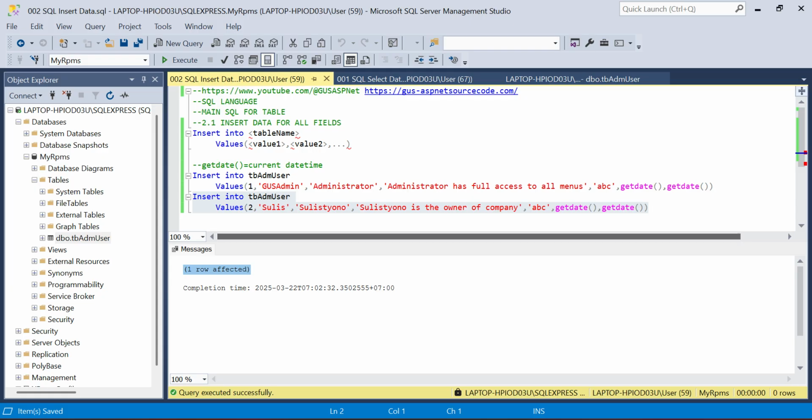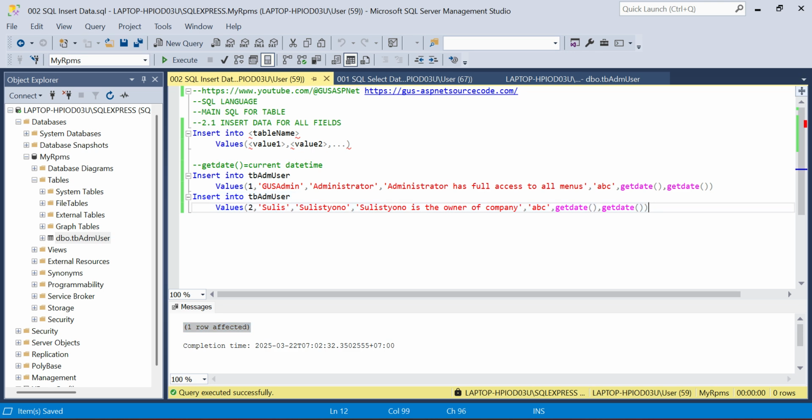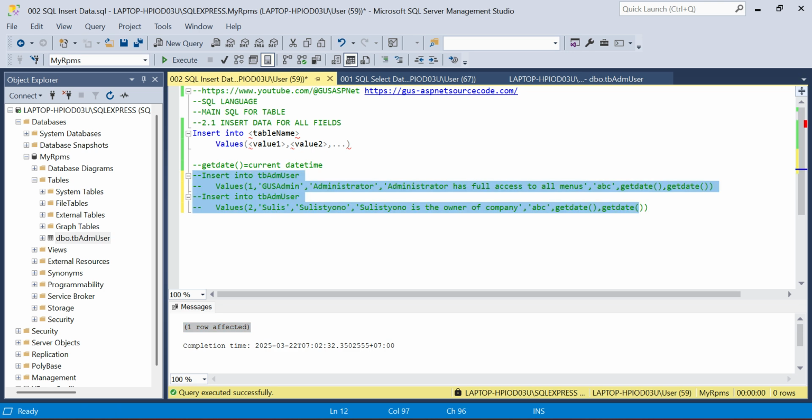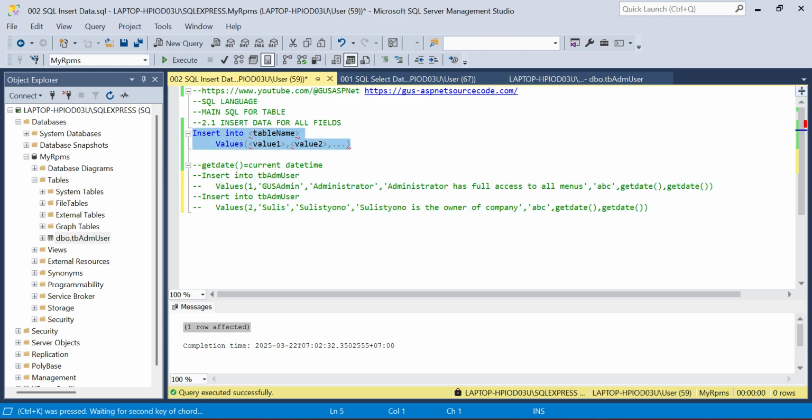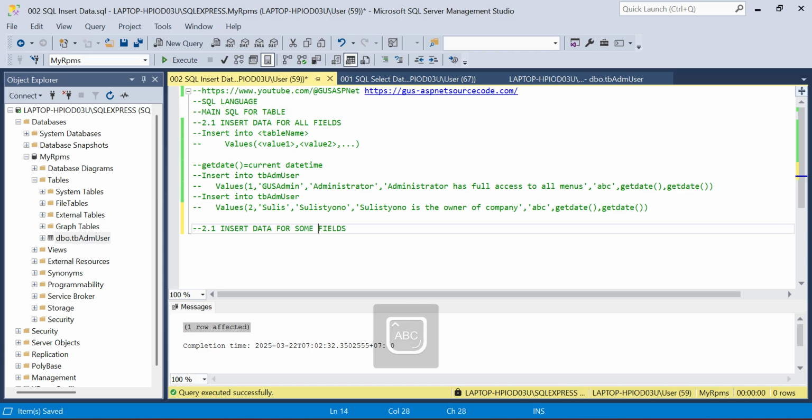Now what if we only want to insert data into some fields, not to all fields? Insert data to some fields only.